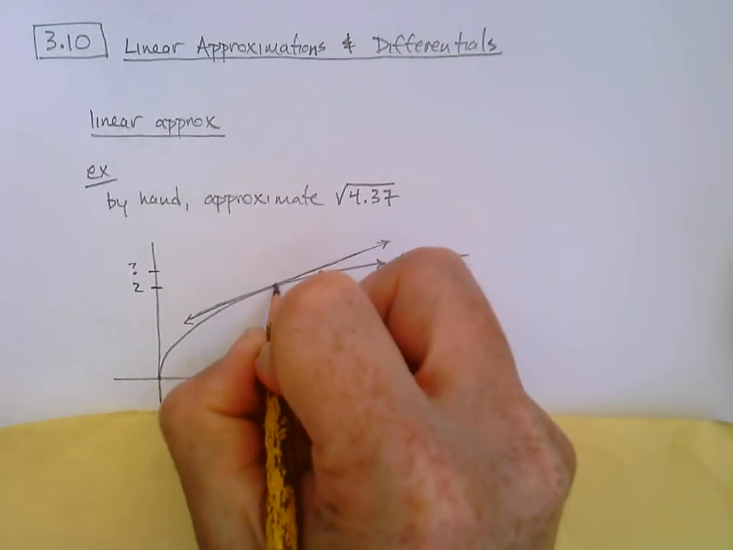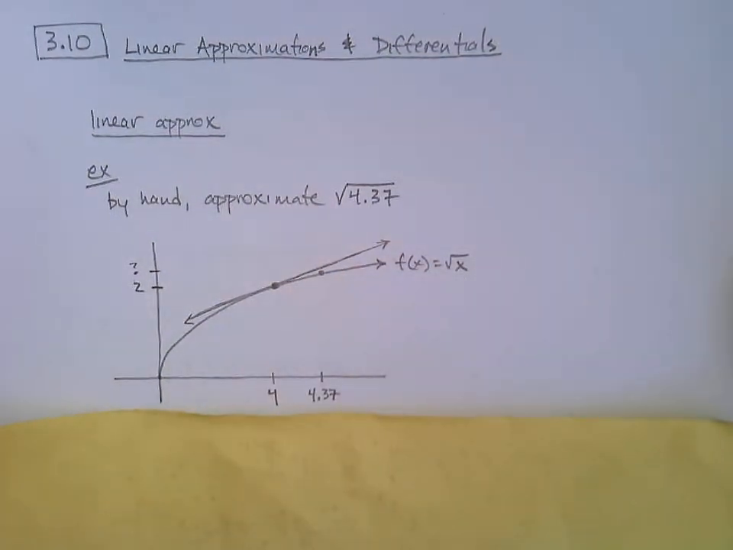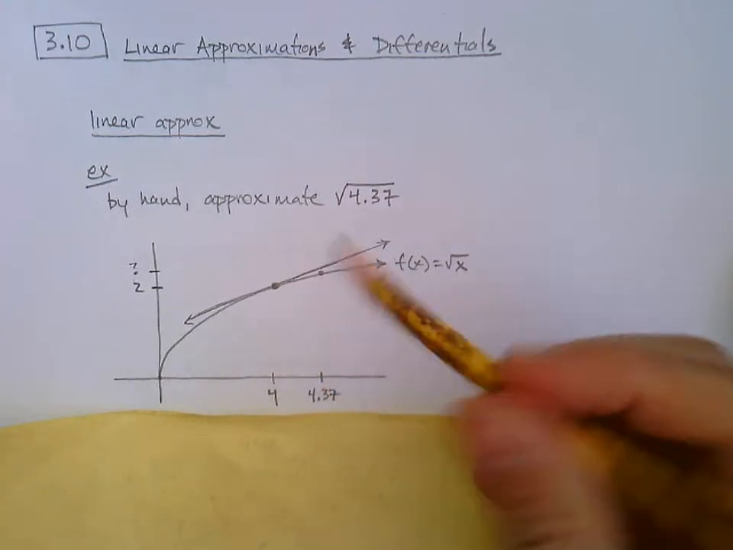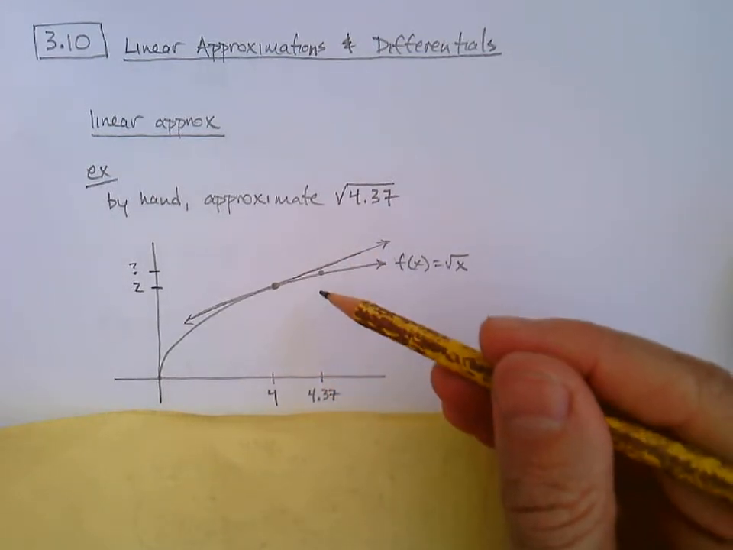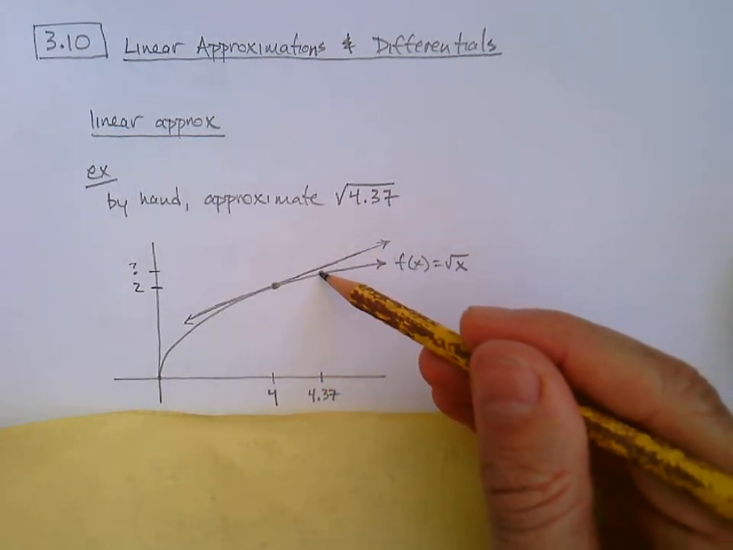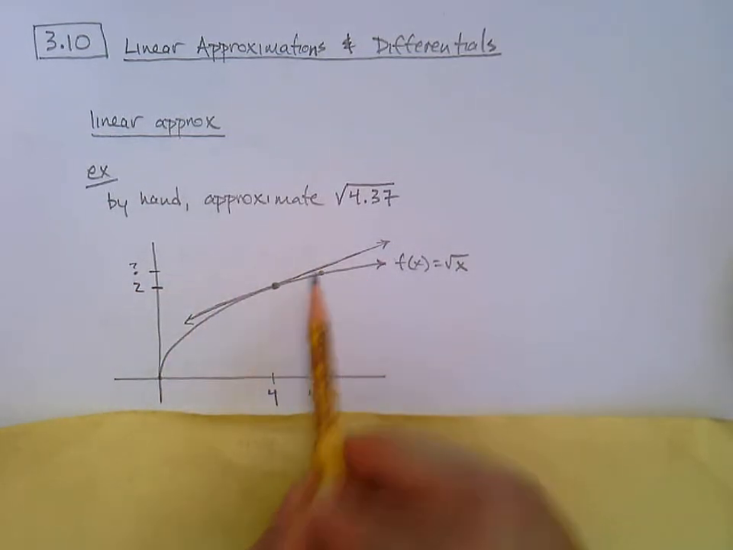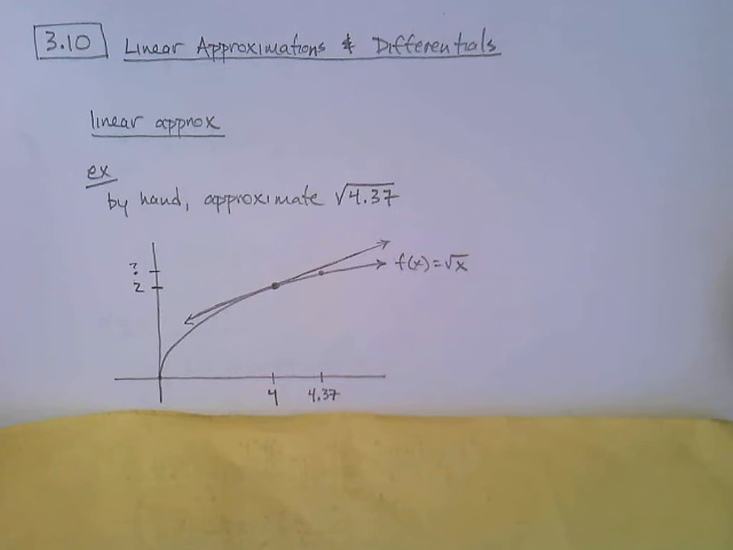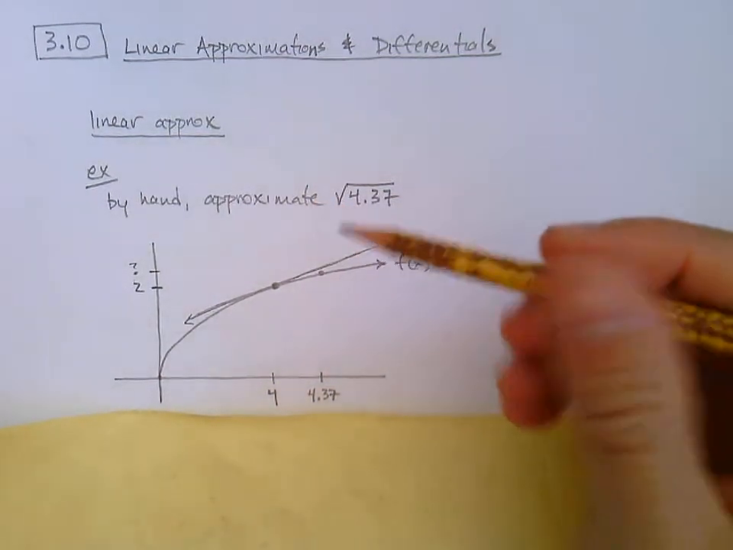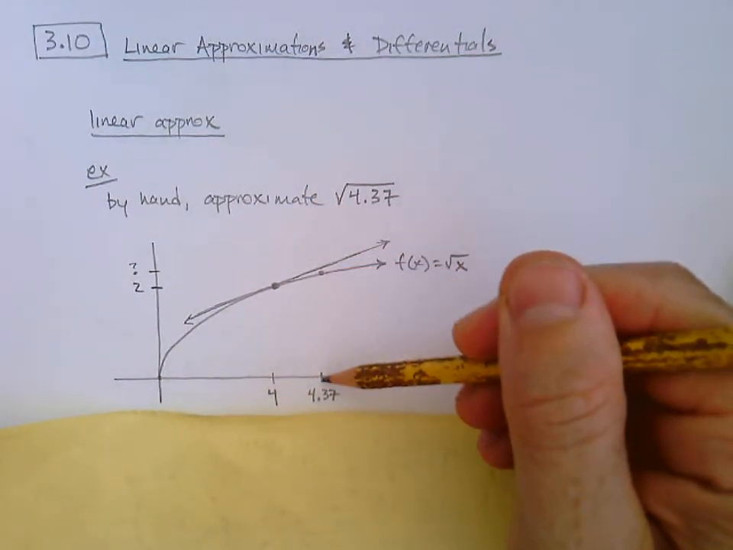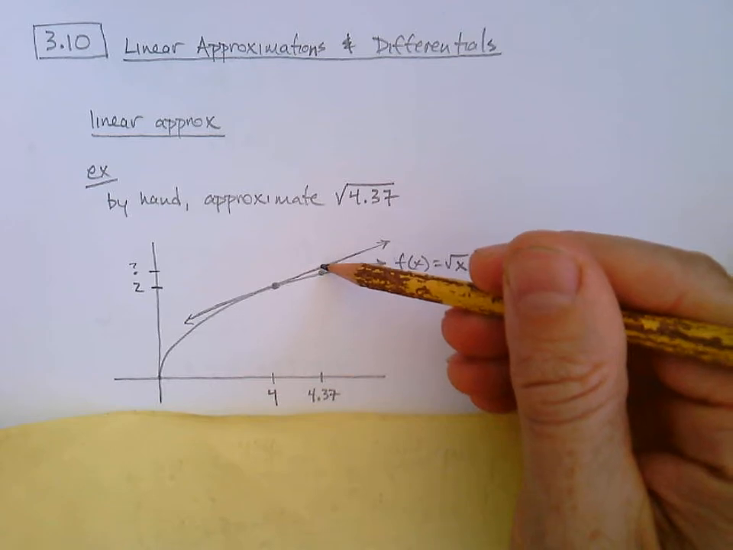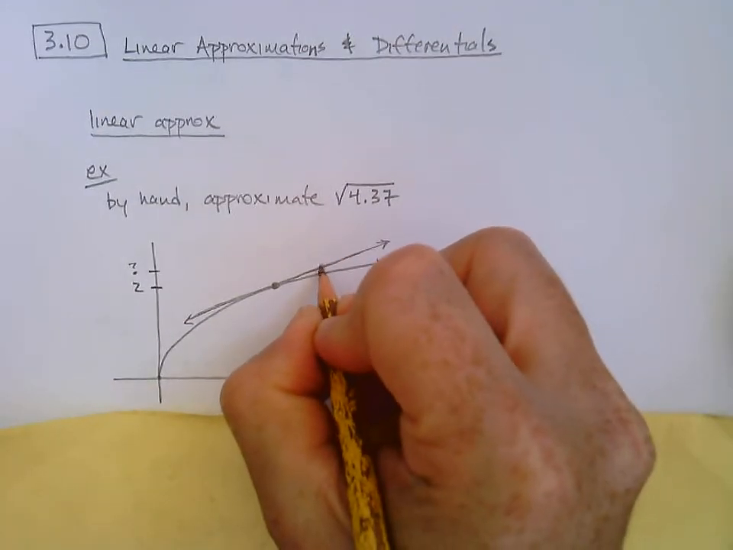So it passes through here at the point (4, 2). Over this way, we can see, okay, 4.37 is there. And that's where I've put my question mark. How are we going to get this approximation? Check this out. What if we found that y value on the tangent line